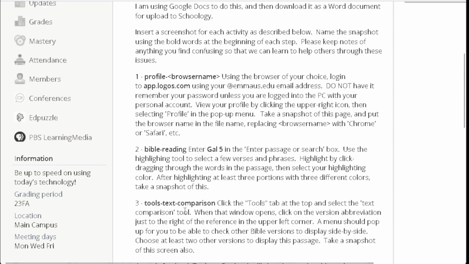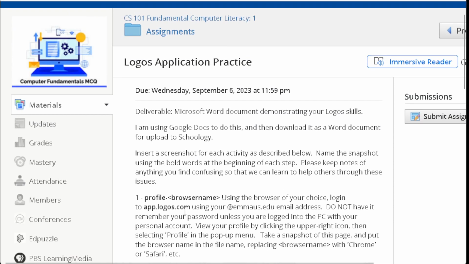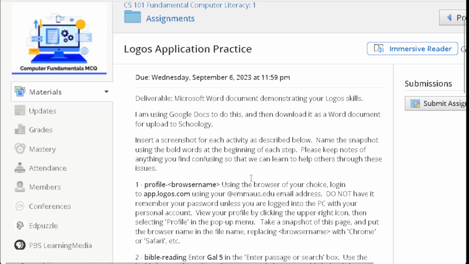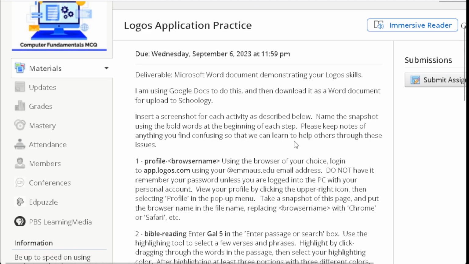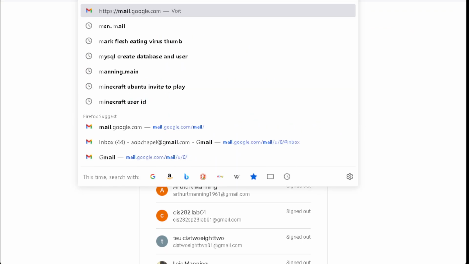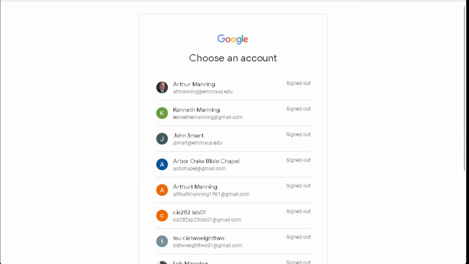So along the way, we're going to learn how to do screenshots as well. Some of you are familiar with all this. Well, that just means it's easy for you. So I'm going to get ready to walk through this activity by first going to my Gmail account. Here's how I go to Gmail. You can go to Navigator, or I prefer just going right to mail.google.com. And then it sometimes will update the link, takes you to accounts.google.com, and I'm logging in to my Emmaus account